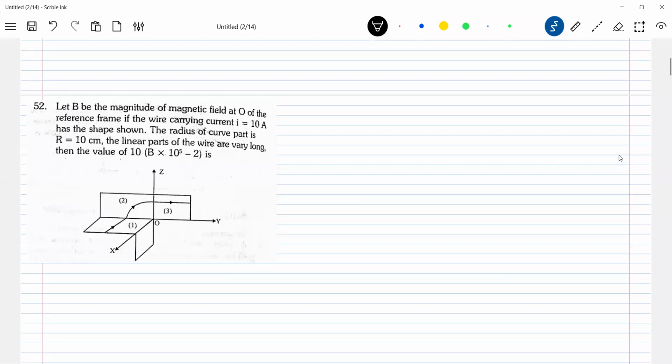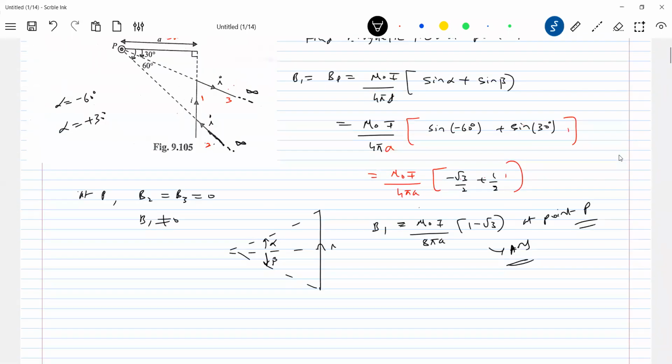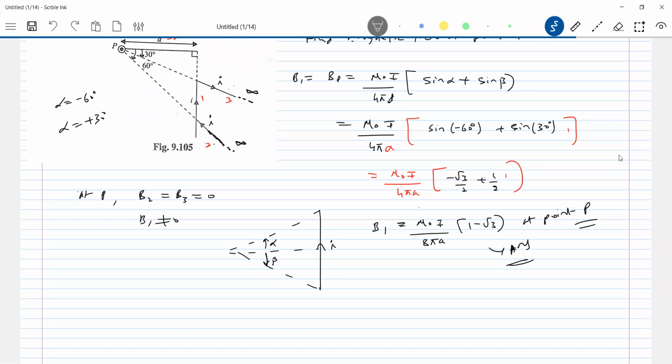Sir, in that question, alpha equal to 30 degrees we have to consider, no, sir? Because when we take a rod, the current is flowing I in that direction, then the upper part is known as alpha, no, sir? The line connecting that point to the upper part, alpha equal to 30 degrees we have to consider.